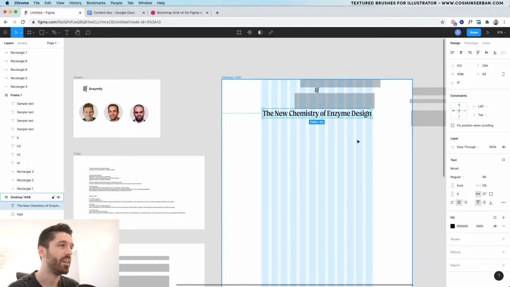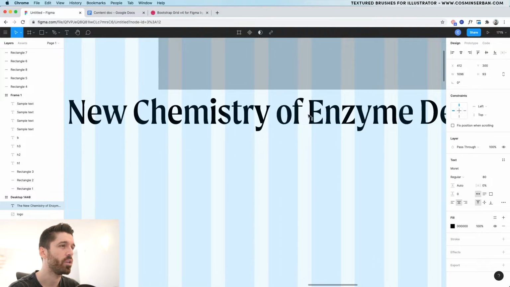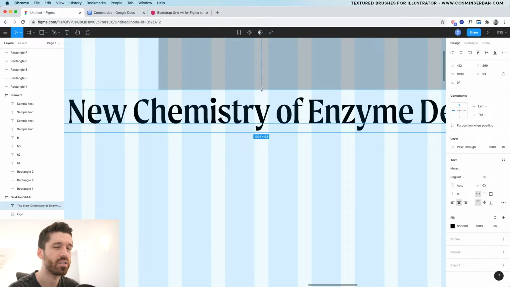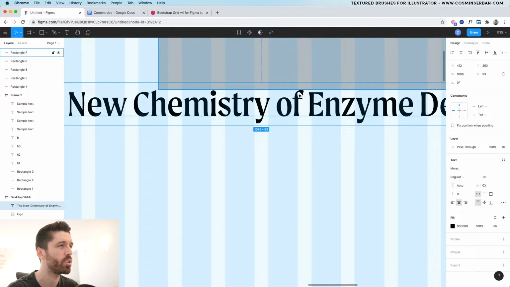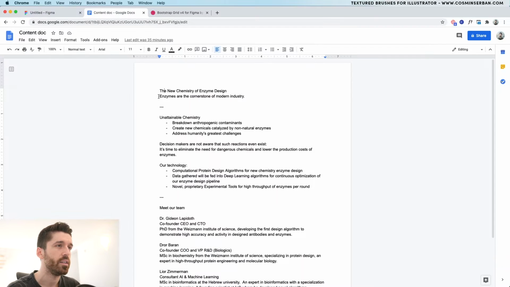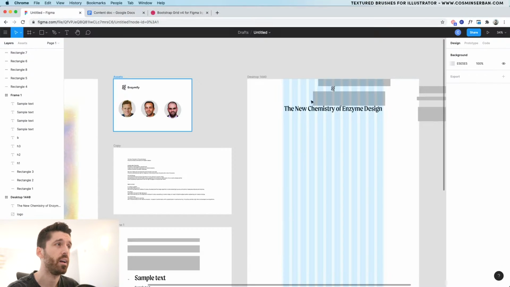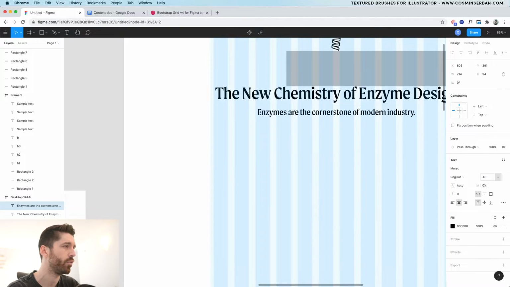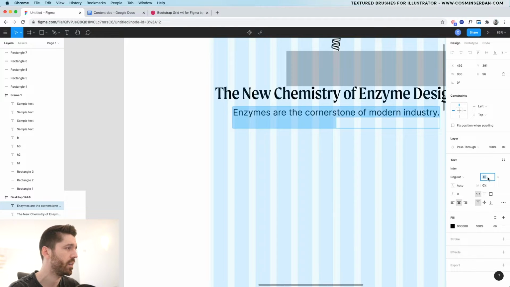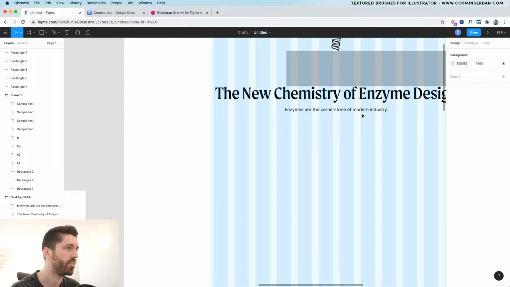Okay, so I pasted it in. This is the copy. I'm going to space it out based on the bounding box. Most of the time I'm going to space it out visually just on the font. Then you have the sub headline. Yeah, this is way too big. We had 40. I would rather use enter here, enter, and make it 20. Yeah, I would much rather have it like this.